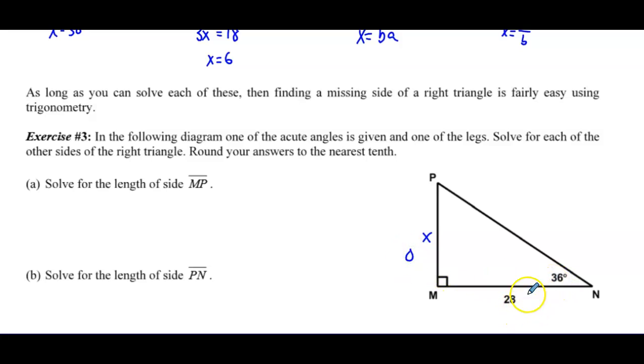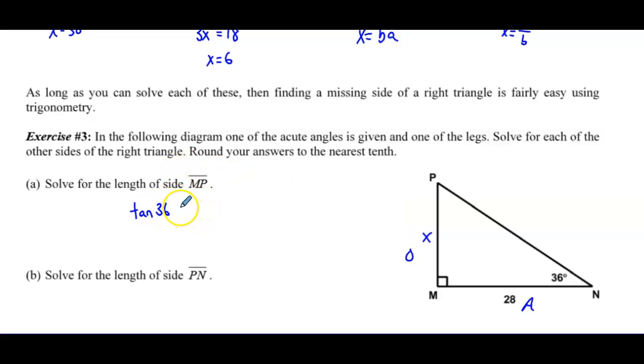28 is adjacent to 36, so we'll put an A there. So opposite and adjacent, going back to SOHCAHTOA. Think for a second which one that is. So it's the TOA, which means I want to write a tangent equation. Now, it's tangent of angle N, right? So I can put that angle right in because I know it, as opposed to the last problem where I had